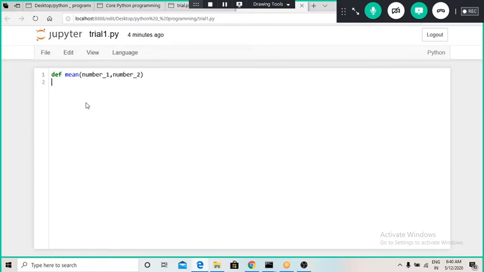The arithmetic mean of these two numbers will be number 1 plus number 2 divided by 2, and I will return this arithmetic mean.